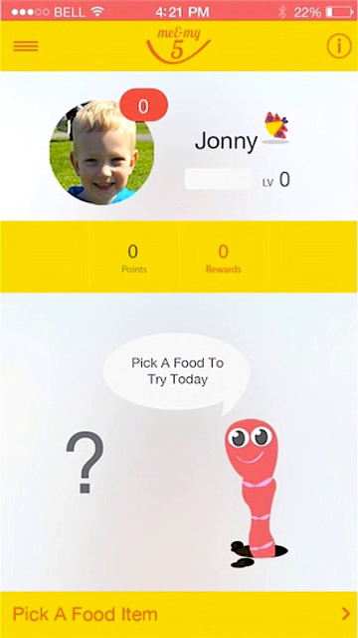Once completed, we arrive at the main profile page. At the top of the page we are shown the profile image, the name and the level which the profile is currently achieving. There is also a level bar indicator showing the progress on the current level. Below you can see points and current rewards, and below this you can see our worm character suggesting we need to pick a food to try for the day. So that's a new profile set up. If we return to the main menu,